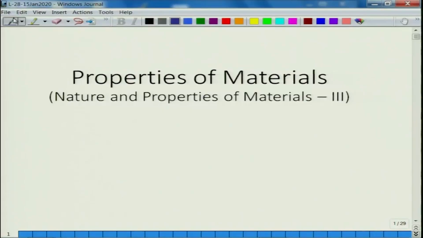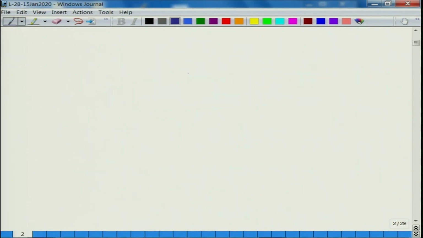So, welcome again to the new lecture of the course Properties of Materials. So, let us just briefly recap what we have done in the past few lectures. So, let me just provide you a summary of basically overall discussion that we did. So, basically at this point what we have understood is how